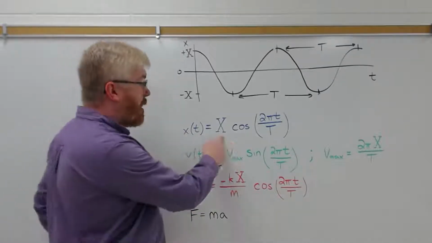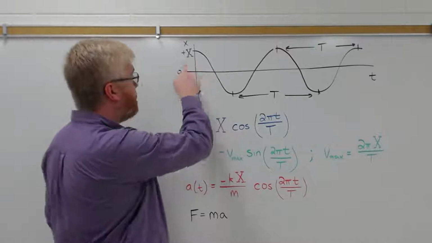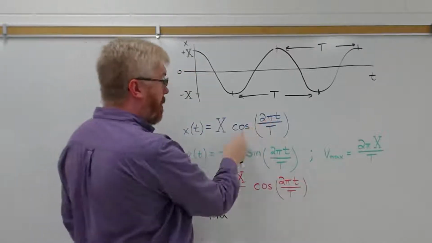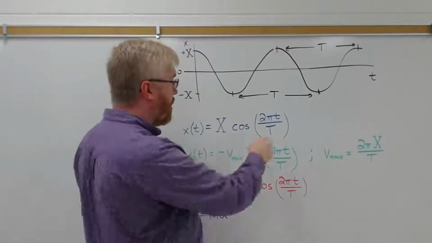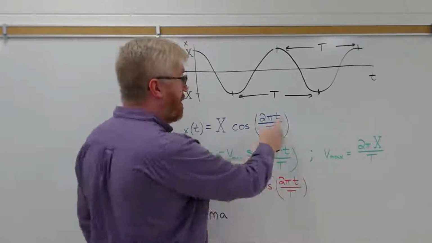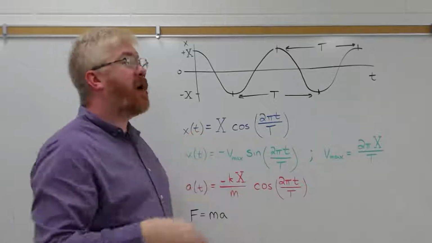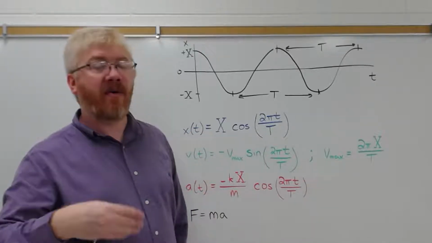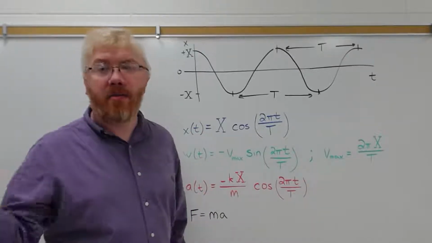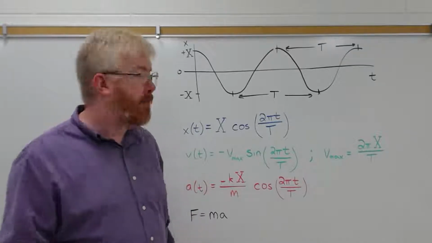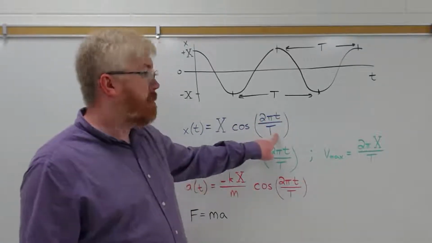I need to know what the maximum amplitude is. I need a cosine term here, that's just a function of 2 pi, which is a constant, times t, the time I'm interested in. Where is the simple harmonic oscillator at 1 second, 1.5 seconds, 2 seconds, 8.3 seconds, whatever time I'm interested in, divided by T,